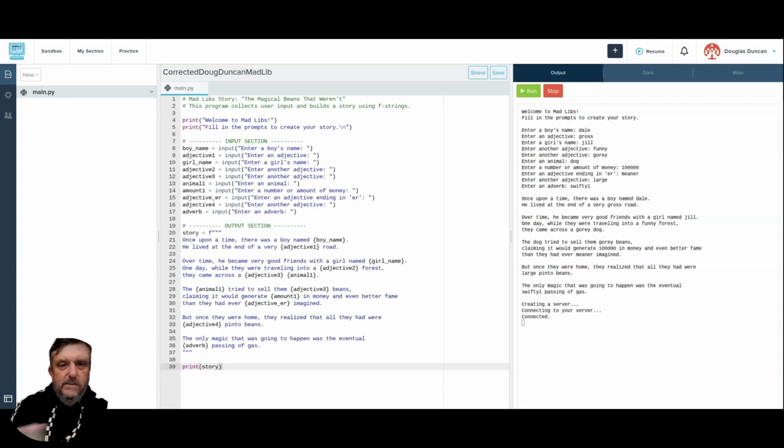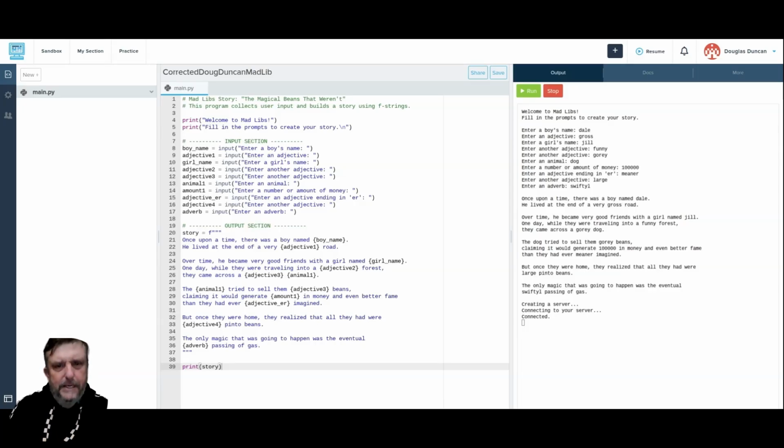F-strings let me write the story almost like normal English. It's basically like saying, go grab this input and place it right here. Because of that, formatting is much simpler. I can control spacing, punctuation, and line breaks without worrying about accidentally missing a space or adding too many quotation marks. I'm also not a fan of constantly wrapping inputs with str() when it isn't necessary,